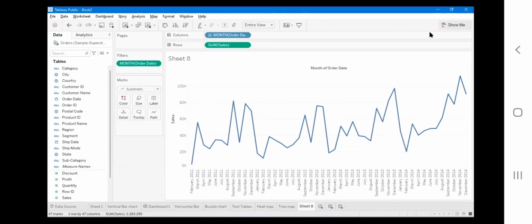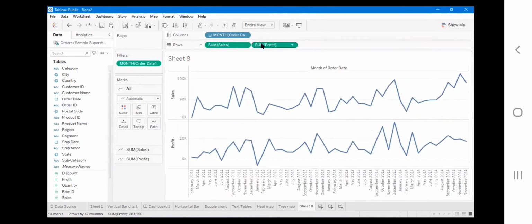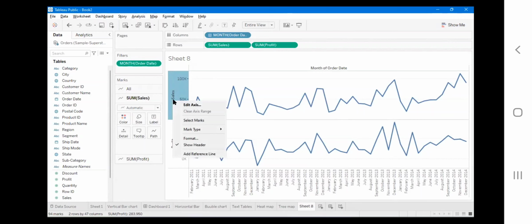Let's say I want to get it with profit as well. I want to incorporate one more line which indicates the profit. So I'll take this profit and drop it on the rows. When I drop it on the rows, I'm getting two graphs, not one graph itself. So I need to merge these two axes, I mean merge two lines in a single view. So I'll click on this, and I will select